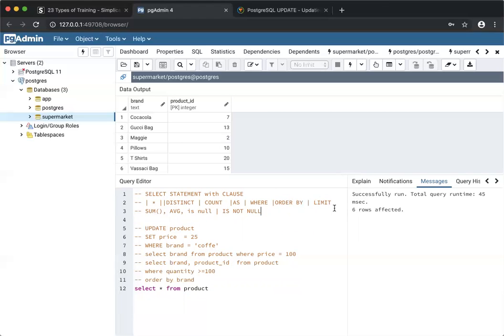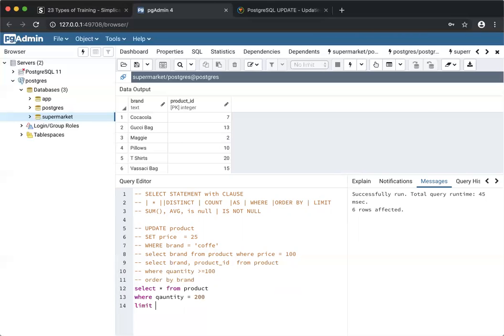We want to use the limit, where quantity, let's use the last one, where quantity is equal to 200,